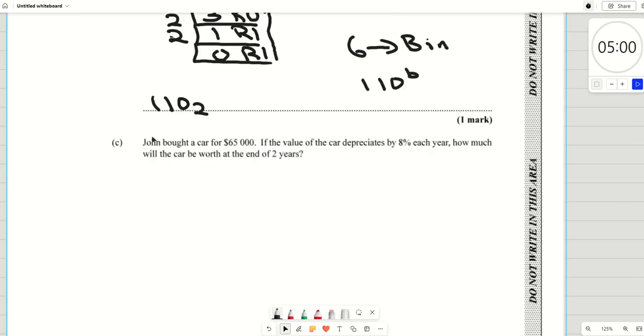Part C of this number one question says, John bought a car for $6,500. If the value of the car depreciates 8% each year, how much will the car be worth at the end of 2 years? So to do a depreciation question,